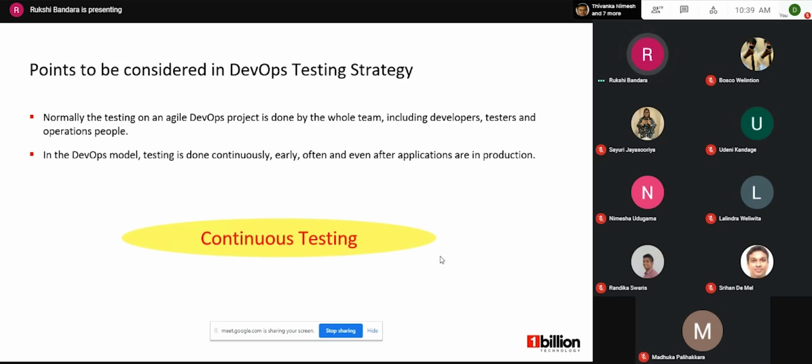So here the unit testing or component testing is normally done by developers, and the acceptance testing is done by testers, developers, or operations staff, and API and GUI testing is done by testers. So the other point is that in the DevOps model, testing is done continuously, early, often, and even after applications are in production. So here comes the attention to the phase continuous testing.